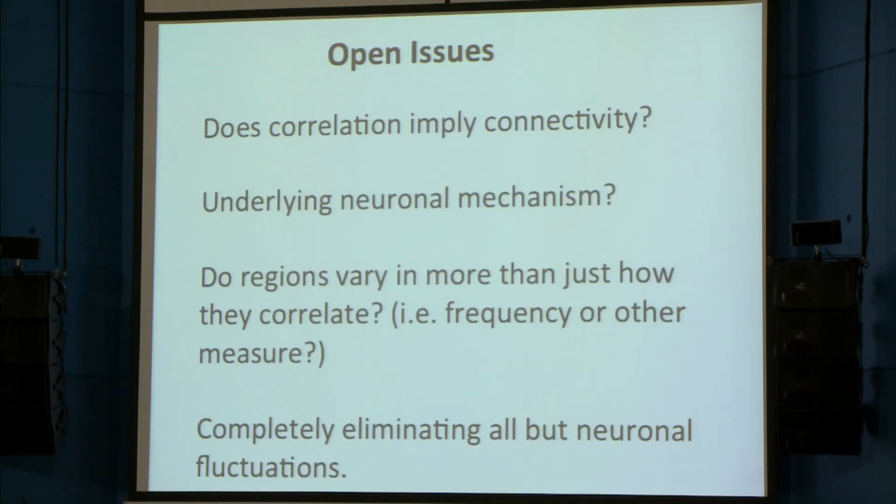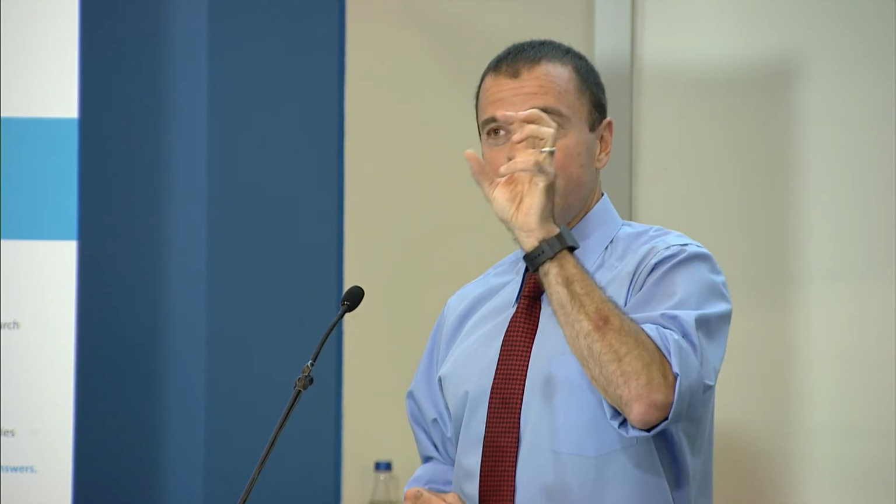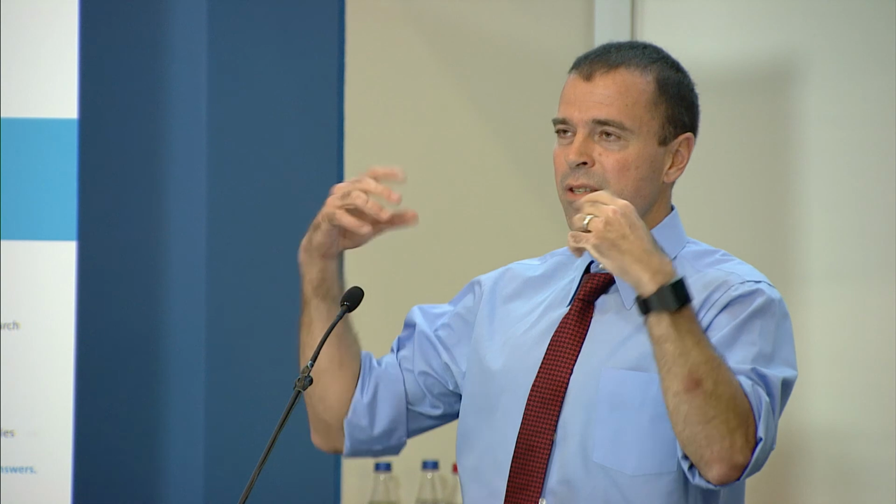We still don't know exactly the underlying neural mechanism, or the evolutionary purpose, of these slow correlations. Also, do they vary in more than just how they correlate? It's nice that we're getting all these correlation maps, but it would be really nice to have a time series signature from each region. Maybe the motor region has certain frequencies that give it a signature. It would be nicer to have that information than simply saying the motor region is there because it correlates together. That's great, but it would be nice to dig more deeply into what aspects of that correlate, and why, to separate the regions.